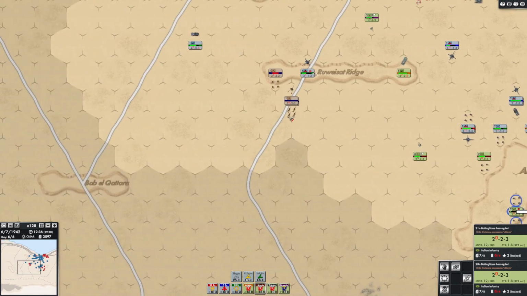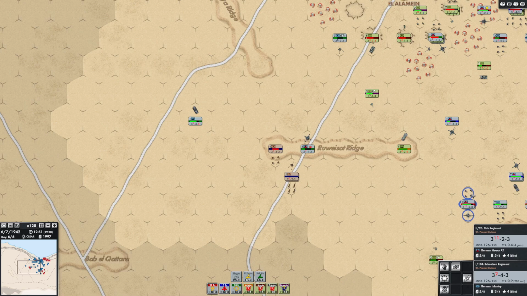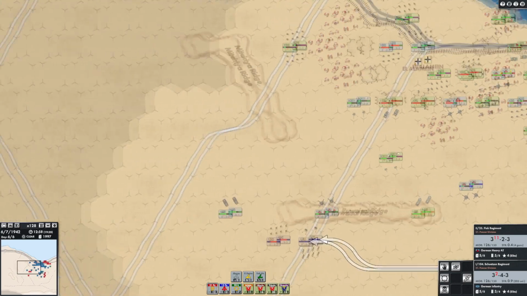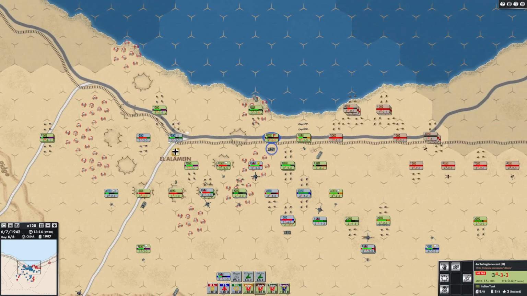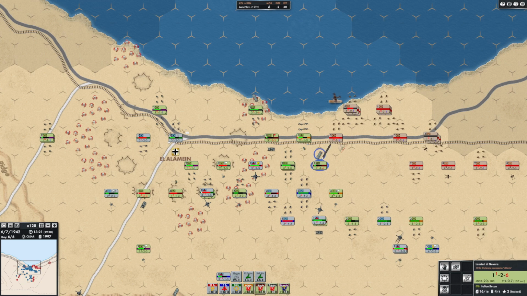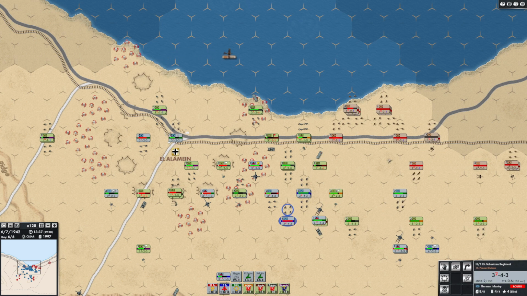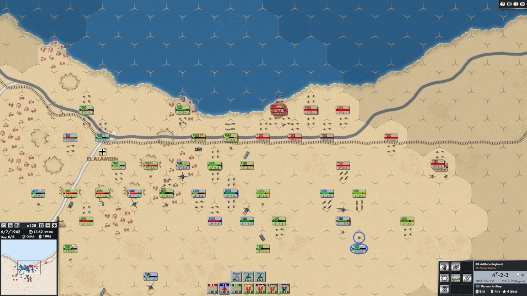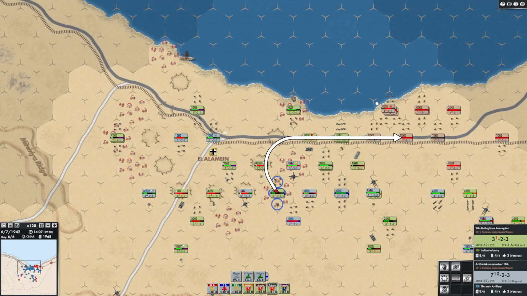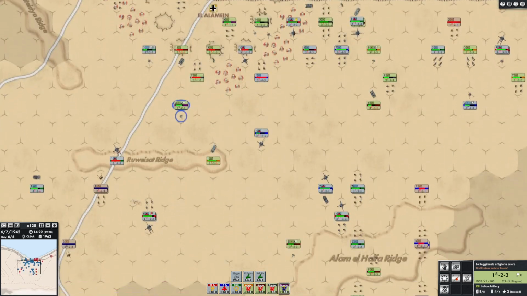Take this ridge to the south there. Oh, enemy counterattack. With a single regiment, really. Just on the ridge south of El Alamein. There's a lot of troops bunching up there. I mean, it's certainly a clusterfuck. Kind of for everyone, but...